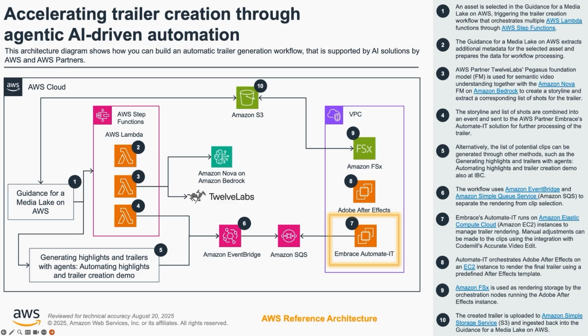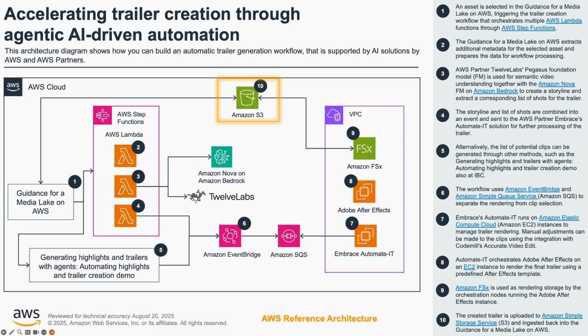In our case, Embrace's Automated is running on EC2 in a VPC. It also integrates with CodeMill's Accurate Video Edit, which in our case we're using as a manual human-in-the-loop step to adjust and manually edit the clips that we pre-selected. Once we are done with the pre-selection, we continue the process, and then the actual rendering is happening in Adobe After Effects, which is using Amazon FSx as a rendering storage,